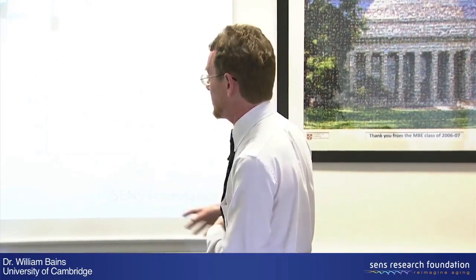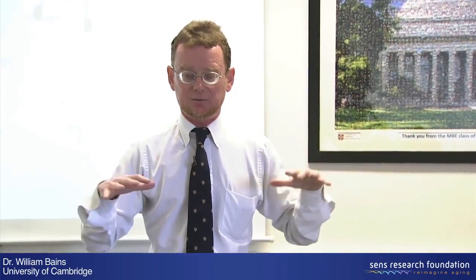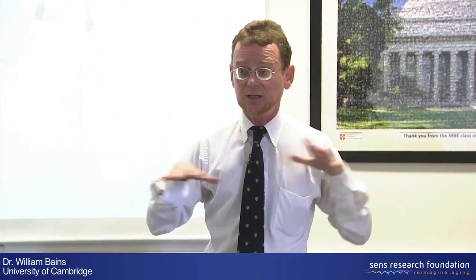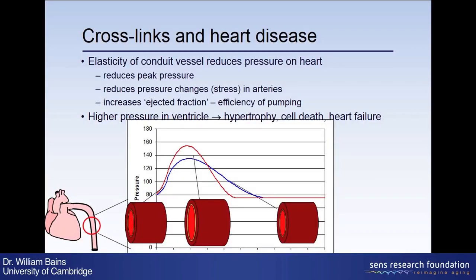And this, again, is related to stem cells. But it's reasonable to suppose that both of these categories of aging effects are related, at least in part, to increasing cross-linking of the proteins in the extracellular matrix and loss of elasticity as a result. One of the best established disease implications of loss of elasticity is in the heart, in the cardiovascular system.